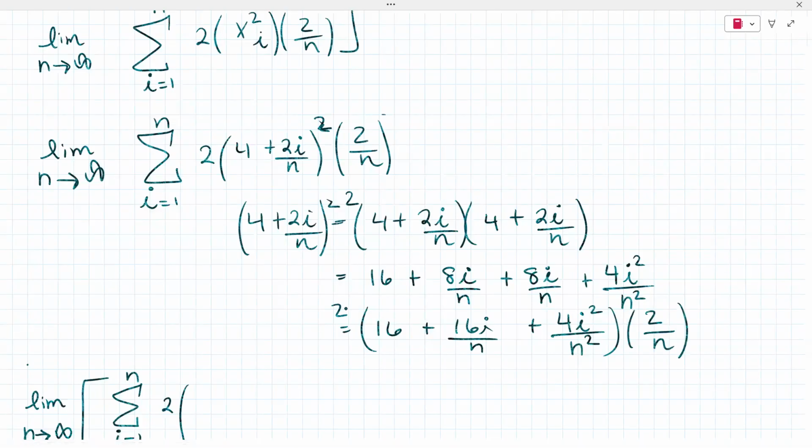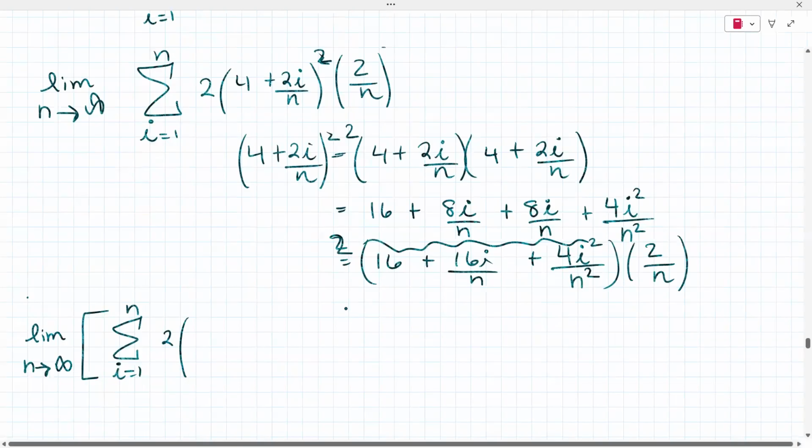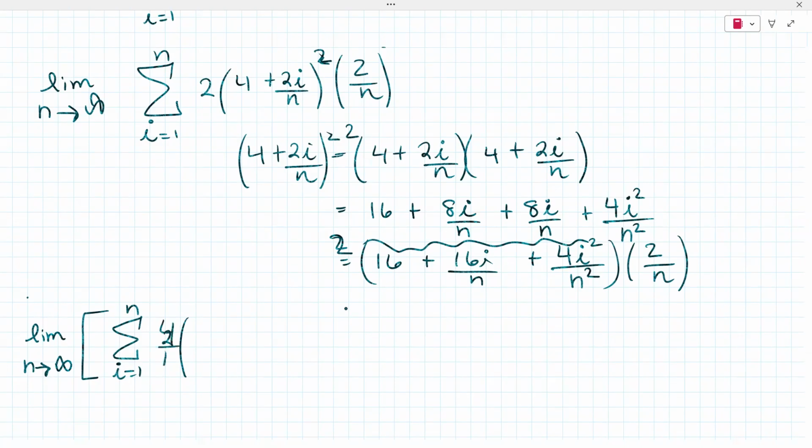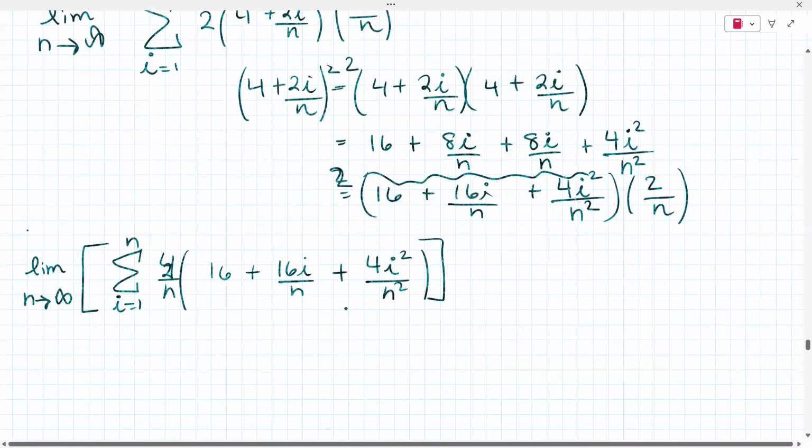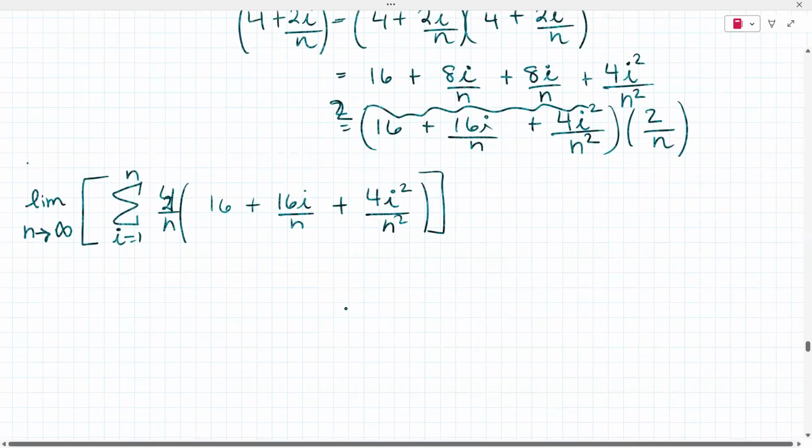So if you do 2 times this whole thing times 2 over n, it simplifies as 4 over n times 16 plus 16i over n plus 4i squared over n squared. And that simplifies as,